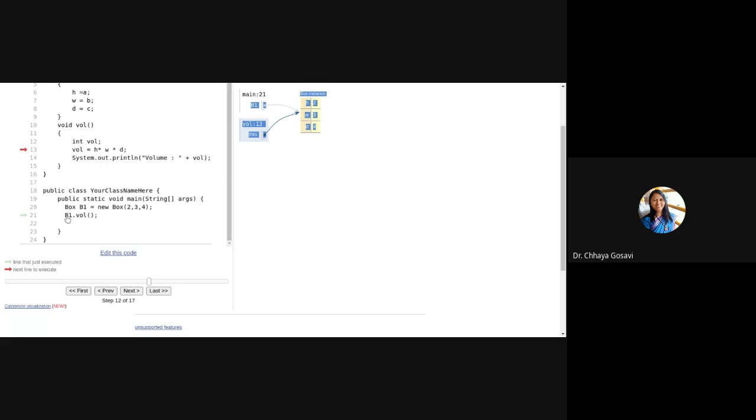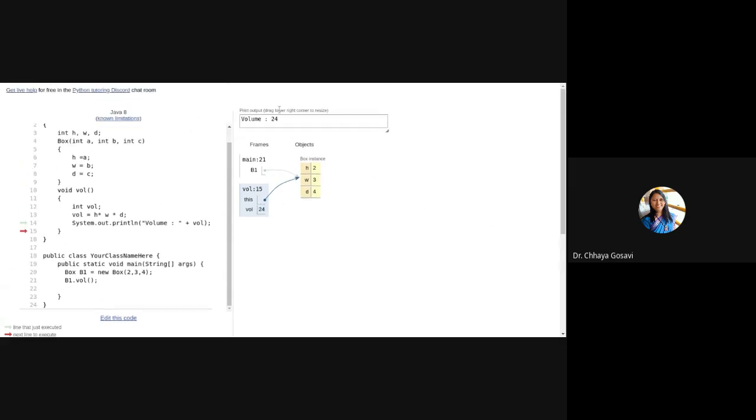So you call this method volume using the b1 object. This pointer is pointing to the current object with values 2, 3, and 4. So 2 into 3 into 4 will be 24, and it will display this result here. Volume is 24.